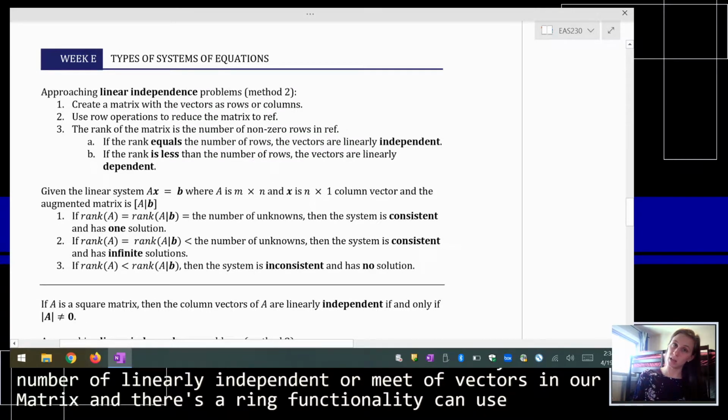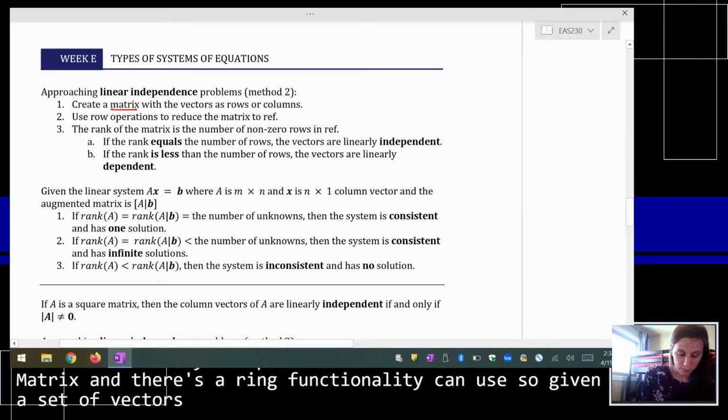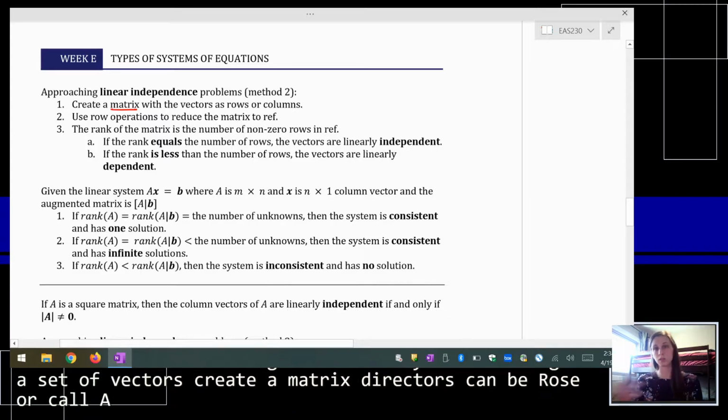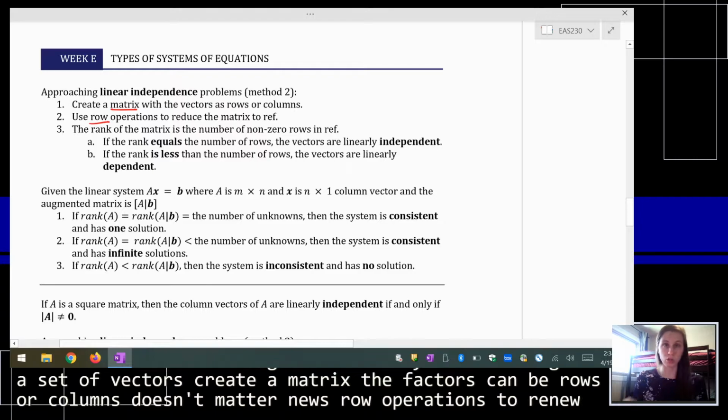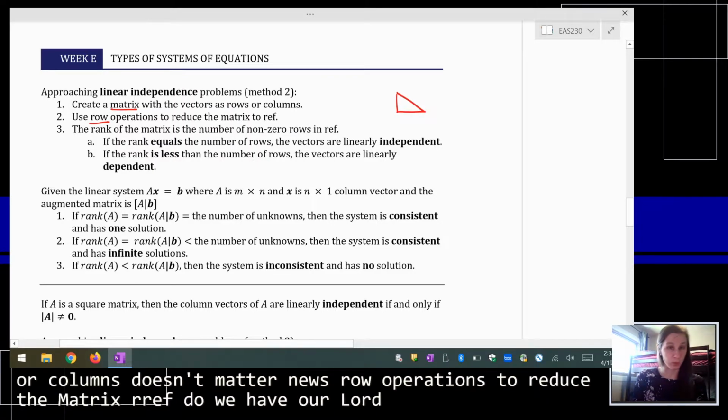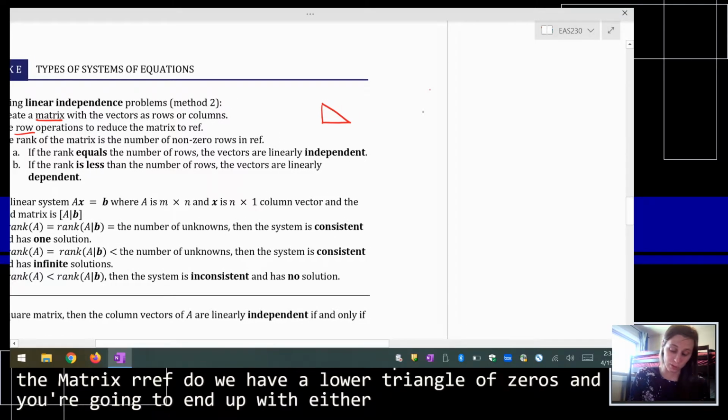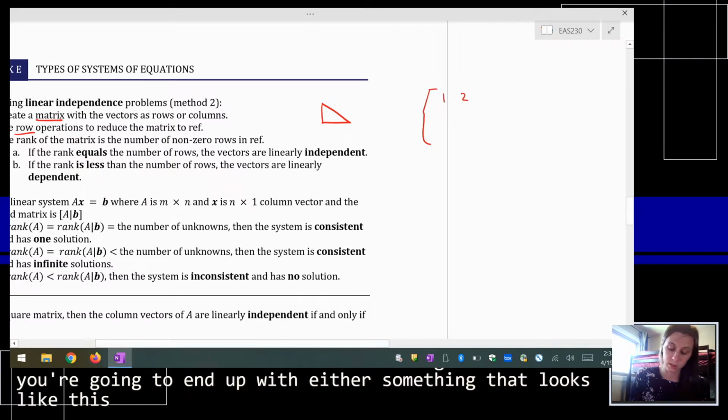So, given a set of vectors, create a matrix. The vectors can be rows or columns, it doesn't matter. Use row operations to reduce the matrix to REF until we have our lower triangle of zeros. And you're going to end up with something that looks like this,